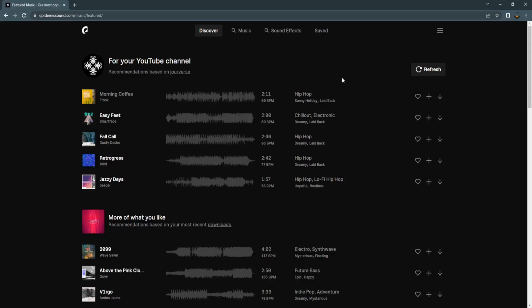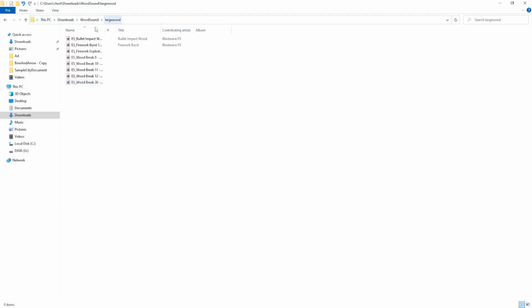And for the sound, I use the sound effect from Epidemic Sound. You can get the sound for free for 30 days. And this is the sound that I use. It is WAV file. And this small wood sound effect.